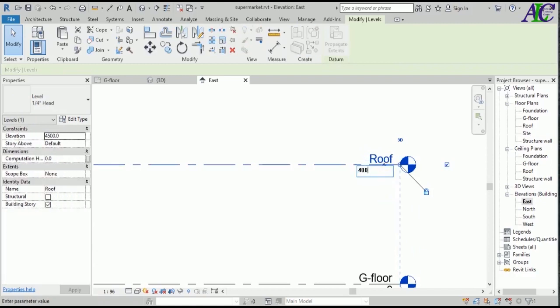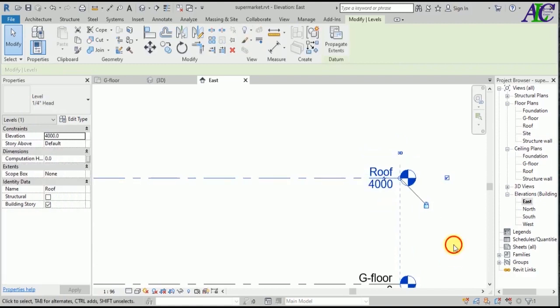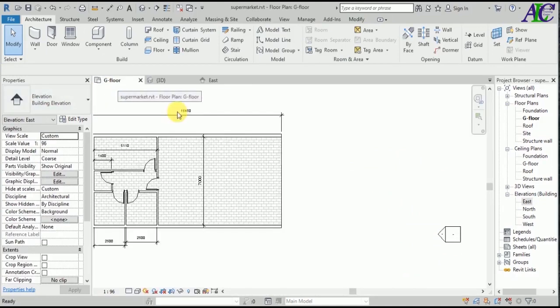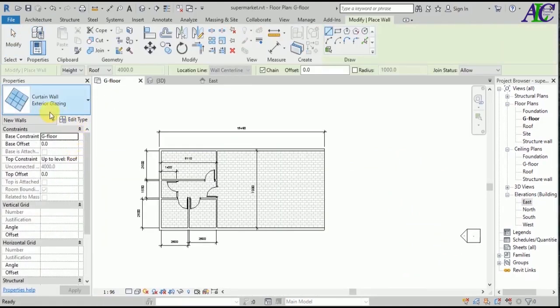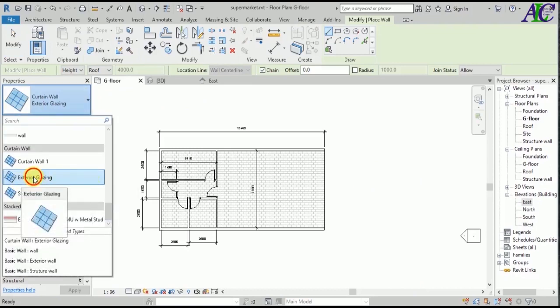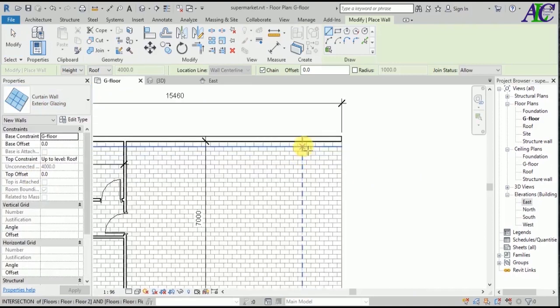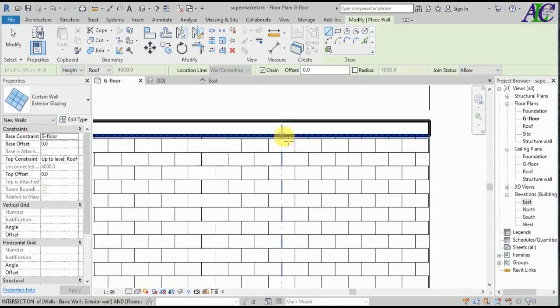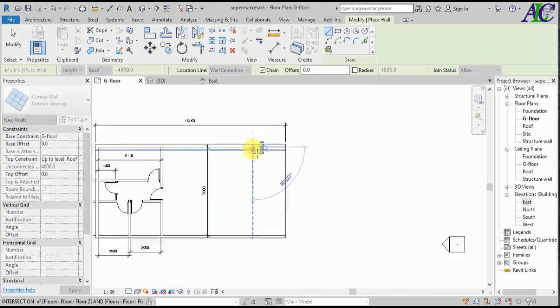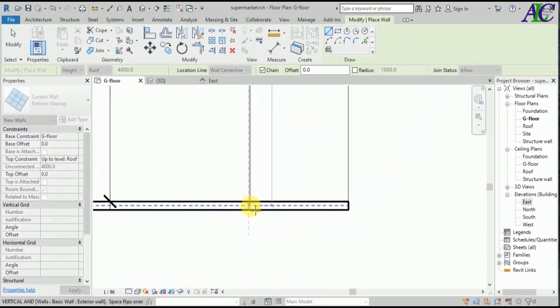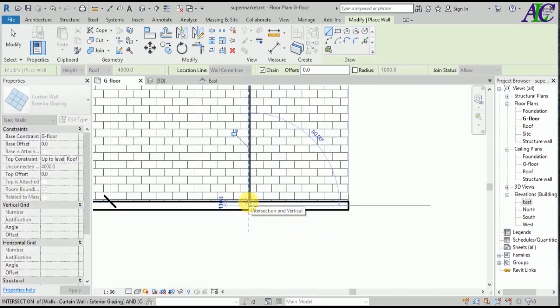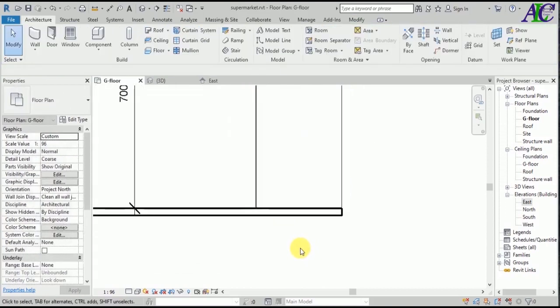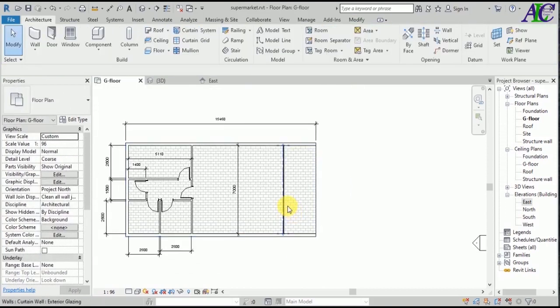I'm going to change this to 4 meter. Okay, so let's go again to the ground floor and then go to the wall, and from here I'm going to create a curtain wall. Okay, but this is the outdoor, or the door from the supermarket. Okay, that is from glass. Okay, so